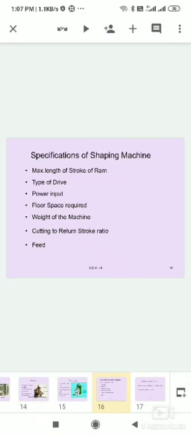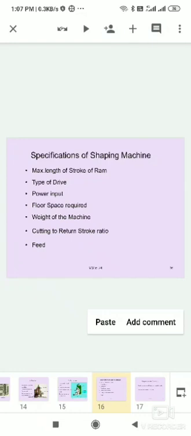So the size of a shaper is specified by the maximum length of stroke of the ram. It means how long a workpiece it can cut, small sizes, medium sizes, or heavy sizes, and which type of material it can remove. We learn first the maximum length of stroke of the ram.